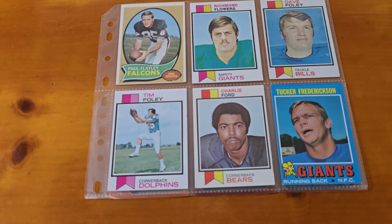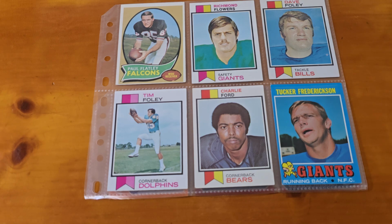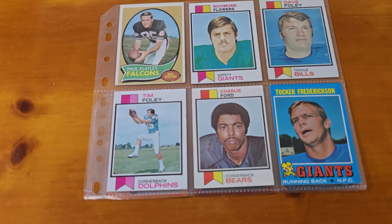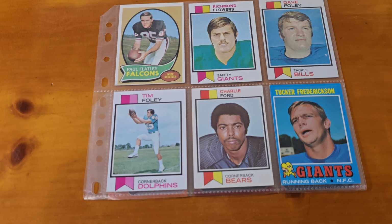We've got Charlie Ford. This is his rookie card, and he had a card issued in 1974 as well. Charlie was drafted out of Houston in 1971 with the 36th pick by the Bears. He played with Chicago from 71 to 73, the Eagles in 74, then he split 1975 between the Bills and the Giants. He suited up in a total of 60 NFL games, starting 48. He had 15 interceptions and 4 fumble recoveries. In 1974, he only played in 6 games, but in 1975, he suited up for 13 games, starting 8 of them. And Charlie Ford, cornerback